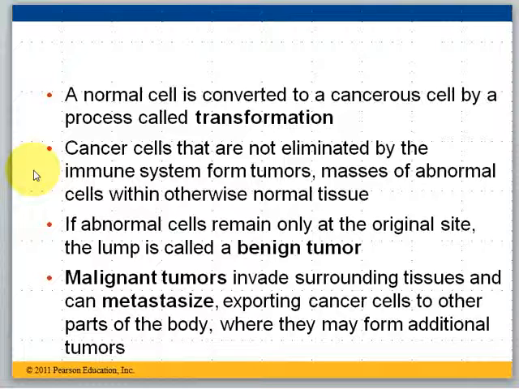Quite a bit more scary is something called a malignant tumor. A malignant tumor tends to spread throughout the body, invade surrounding tissue, and sometimes can even metastasize. When cancer cells metastasize, they travel through the body, getting into, say, the lymphatic system or the circulatory system. They move to other parts of the body, and they begin to form tumors there. So malignant tumors require quite a bit of aggressive treatment.